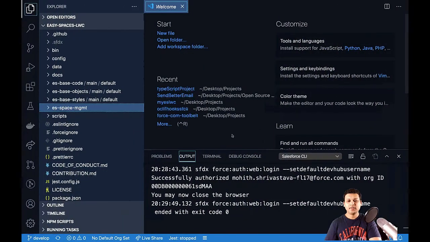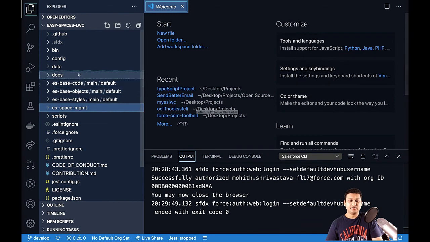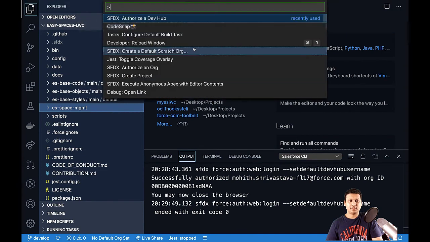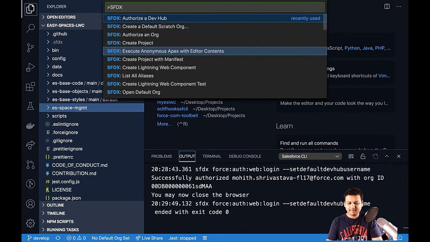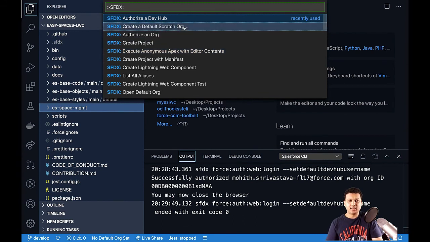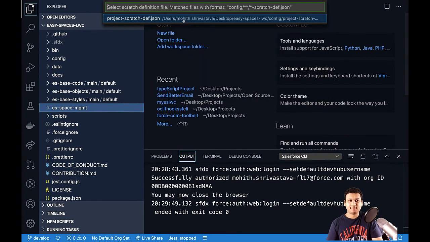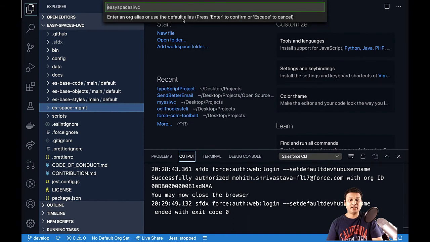All right, so the next step is to actually go ahead and create a scratch org. The reason why I'm creating a scratch org is because I can push all the metadata from all of these folders to a scratch org. I'm going to say command line sfdx and then create a default scratch org. I'm going to use the project scratch definition.json and just an alias,